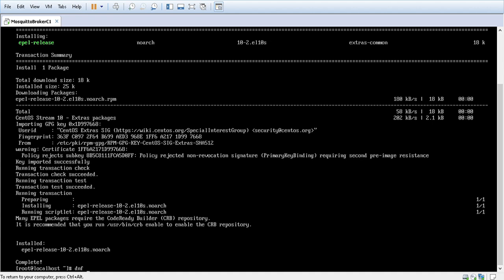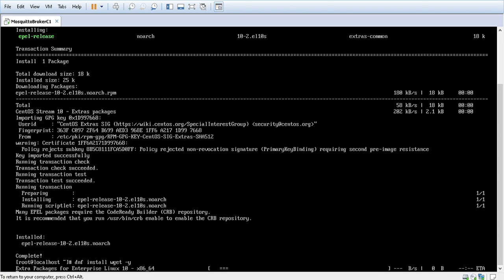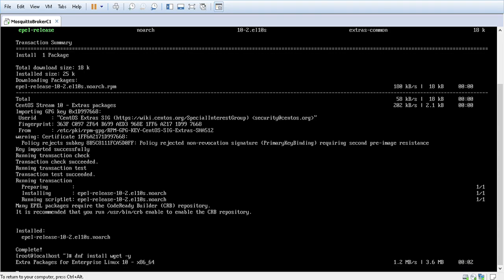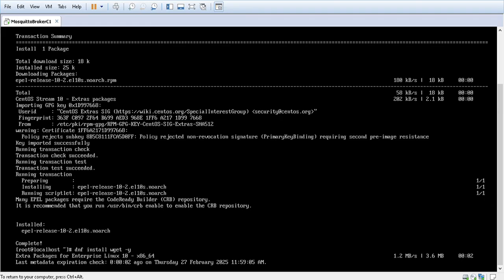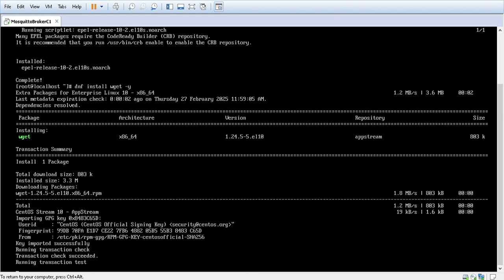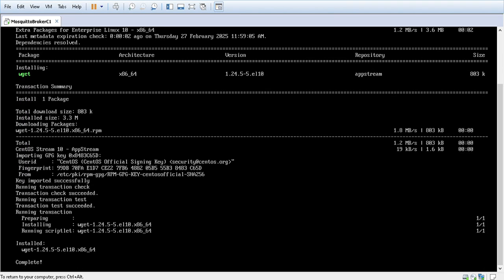Now I would install another application that we will need, which is wget. In future we will fetch the Mosquitto binary file from the website. So wget will help you get the file. So we are done with epel-release and wget. Now I will also try to update the machine. Sorry, not yum, it will be dnf